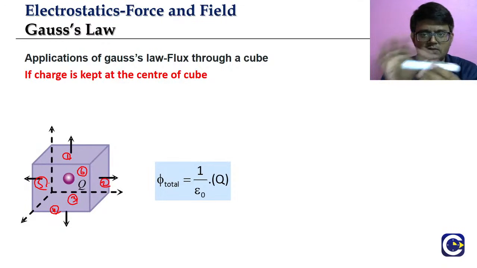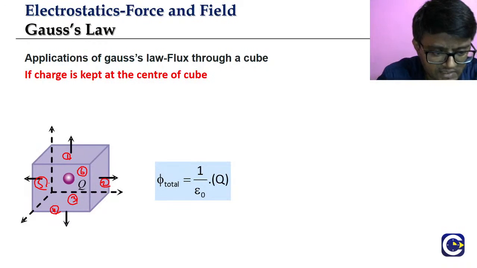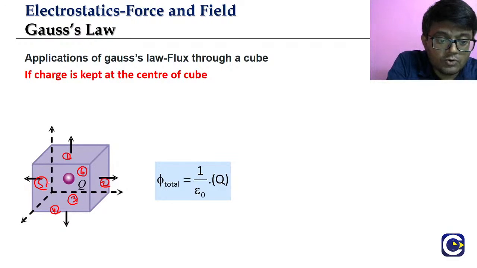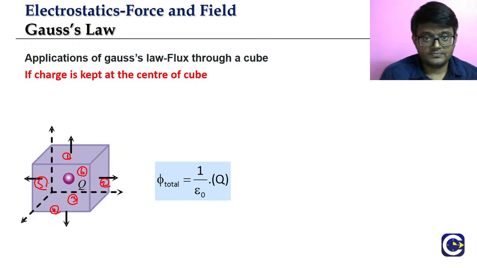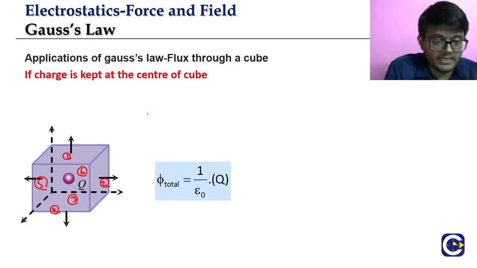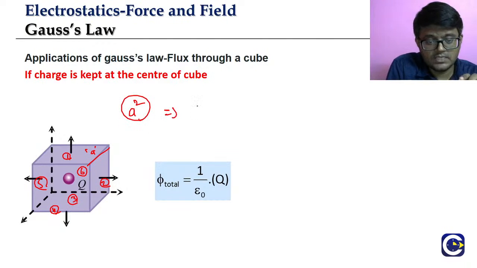Cube கிடையாது இது cuboid. ரெண்டுத்துக்கும் ஒரே கான்செப்ட் பாருங்க. இந்த பக்கம் ஒரு சர்ஃபேஸ், இந்த பக்கம் ஒரு சர்ஃபேஸ், அந்த நாலு லேட்டரல் சர்ஃபேஸ் வரும், மேல ஒரு சர்ஃபேஸ், கீழ ஒரு சர்ஃபேஸ், டோட்டல் 6 ஆயிடுச்சு. ஓகேவா, but cube ல என்ன all the 6 will be symmetric. அந்த இருக்கிற எல்லா 6 சர்ஃபேஸ் will be symmetric. So இப்போ edge of the cube a னு எடுத்துக்கோங்க. So ஒரு சர்ஃபேஸோட ஏரியா a square. So அதனால தான் total surface area of the cube